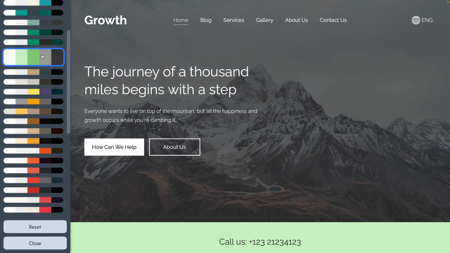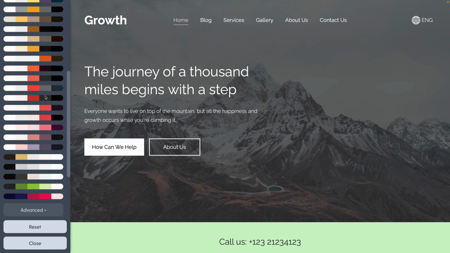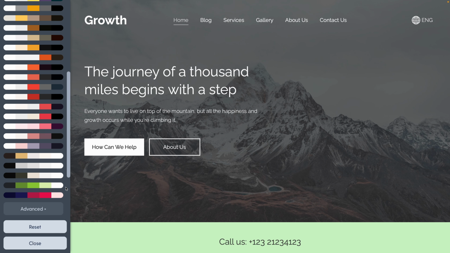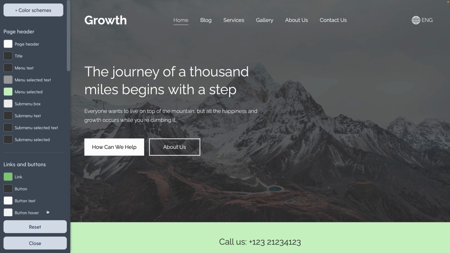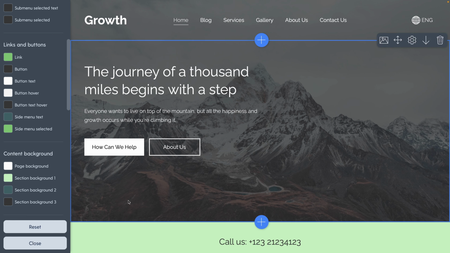Once you're happy with your choice, you can also adjust specific elements. For example, if you want to adjust some elements, go down and there you will see a button Advanced. Once you click on Advanced, a menu will open where you can adjust every single element that you want. For example, we want to adjust the section background 1, that is this green bit here, and we click on